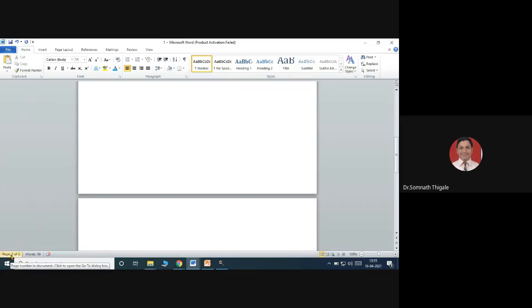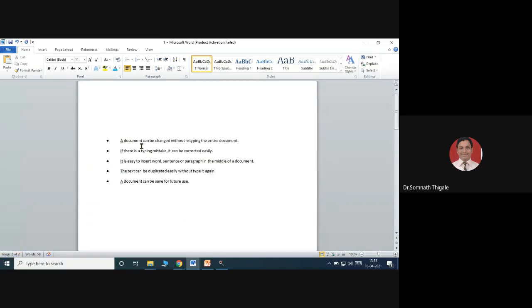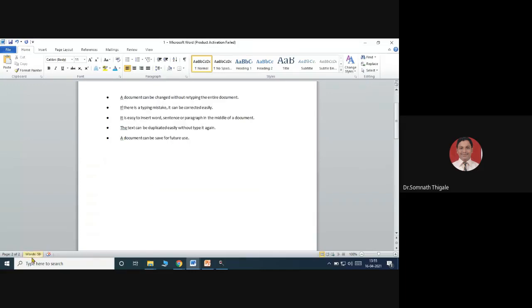Total words I have here is 59. If I want to increase the 59 words, I'll just add one more line over here and type the same here. Earlier there was 59, now 67. So whatever words you add over here will be counted, and that particular word count will be shown over here. So you are getting these options.